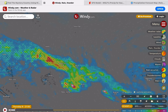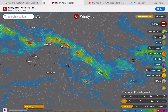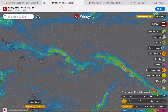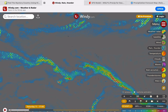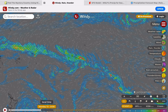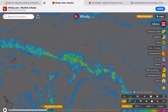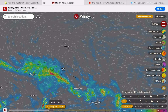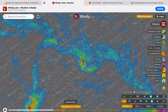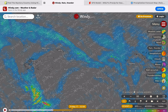So let's see. Into Friday, this keeps going. Shows some storms near the Cook Islands too, and even in French Polynesia shows some more storms. This goes and shows some heavy storms from the 12th to the 14th in central French Polynesia. The Europeans still showing storms there throughout the 14th for French Polynesia into Adamstown, and it calms down